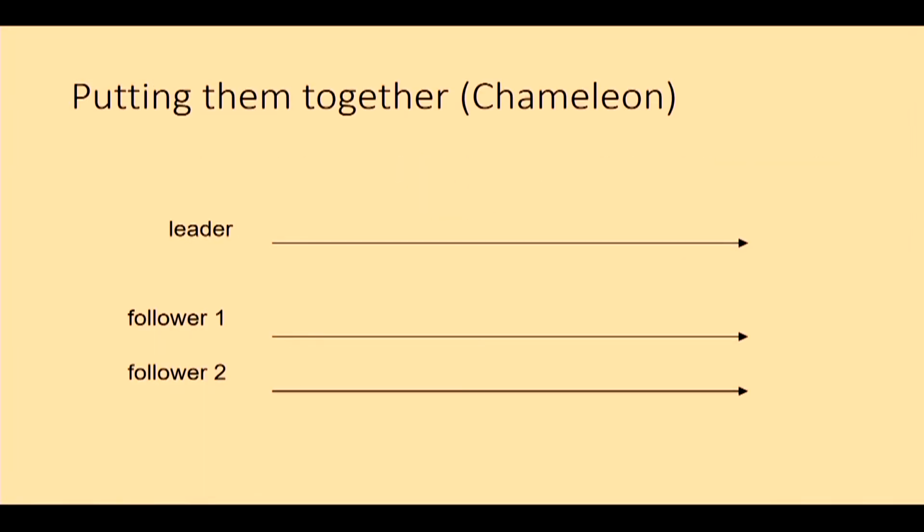All right, so let's put the ideas together. And this is essentially what Chameleon does. I think this slide and this picture, if you want to remember what Chameleon does, summarizes it well. So let's say we have a bunch of cameras, and I'm just going to arbitrarily pick one of them as a leader and the others as followers. They're part of the same group, so they're similar cameras.